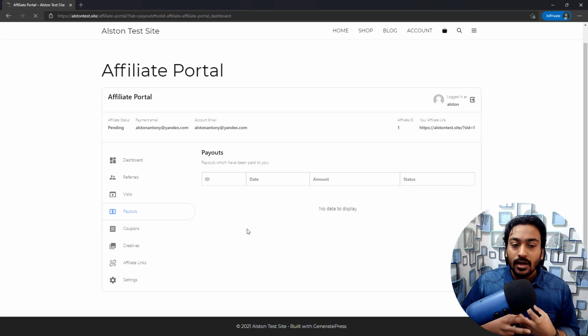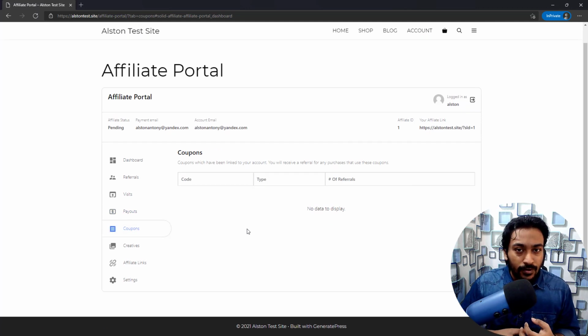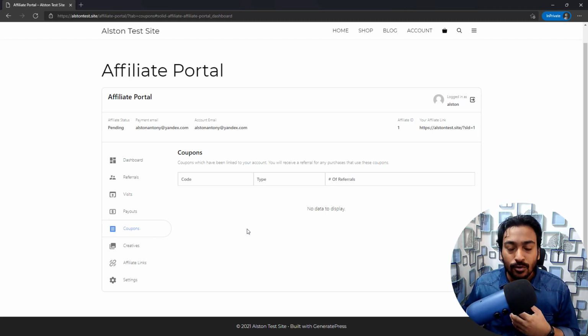Coupons is where, rather than giving out a referral link, the affiliate partner can decide to associate a coupon code with you. Without even sending the affiliate link, you just give out the coupon to anyone on the web who is willing to purchase a product. Those coupons can also be used to track your affiliate commission and send it to the program. Solid Affiliate does support coupon-based affiliate tracking as well.